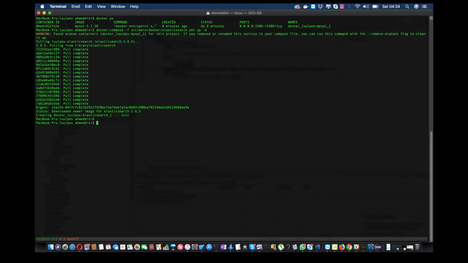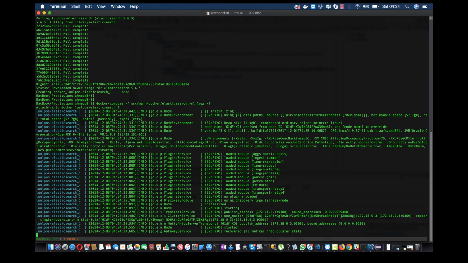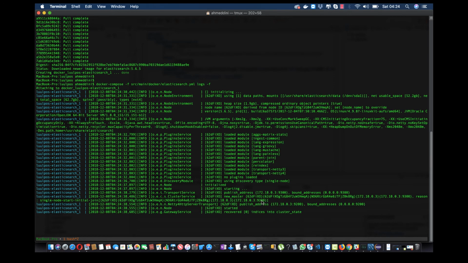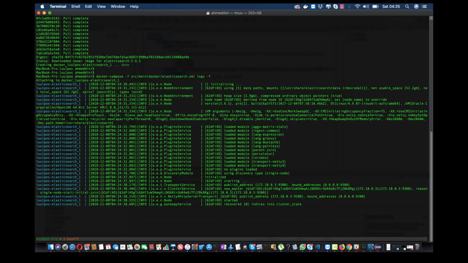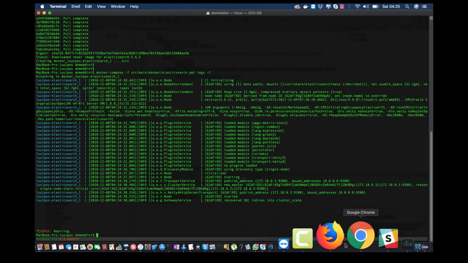Now it's telling me Elasticsearch is running. Because I've done some modifications, I need to double check that it is actually running. So let's do logs and tail it with F. Yep, we have no problem. We can see it's listening to the IP address and it's ready, and the Java port is open, the HTTP port is open, which is good. We're happy. The next thing we need to do, let's come out of this and go to our application before we